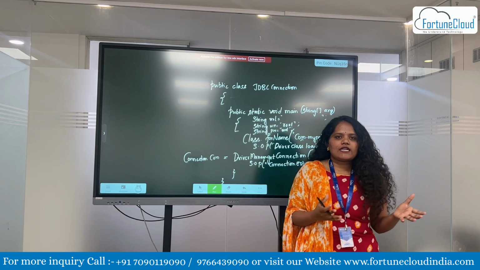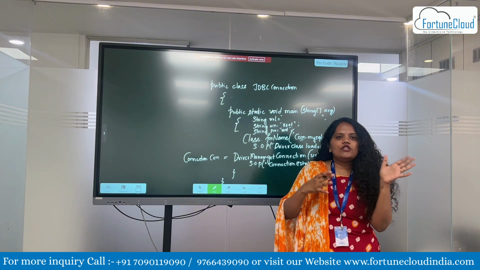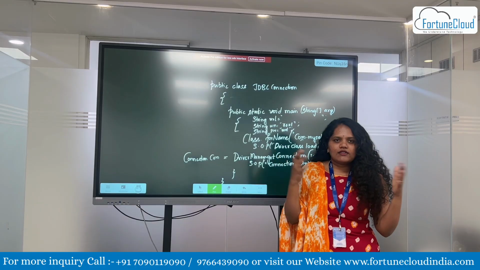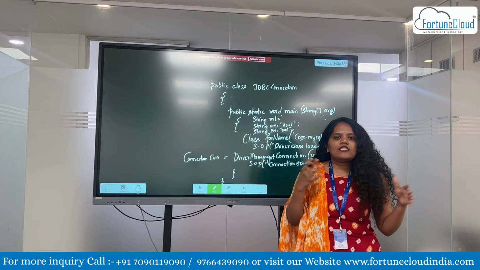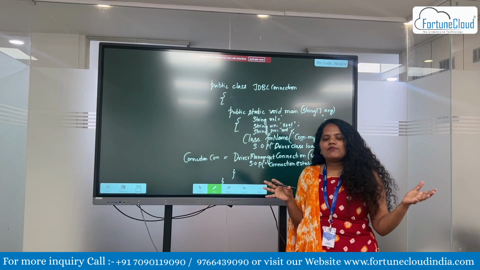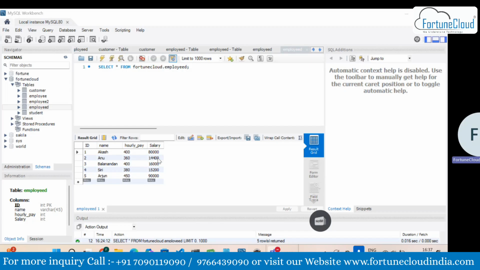Now let us see practically how we do this. How do we implement it in our program by importing all the packages and using all these methods, and we'll establish a connection to a database which is already created. To know how to create a database and a table, you have to watch the MySQL videos, so you'll understand them. After creating a database, the first thing to implement JDBC is that we need to have a Java